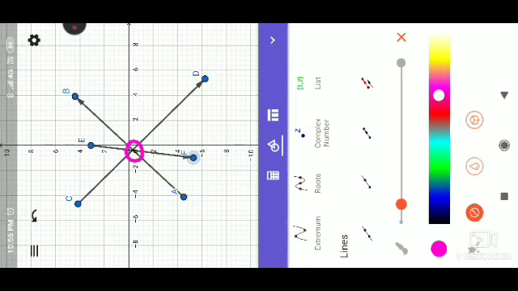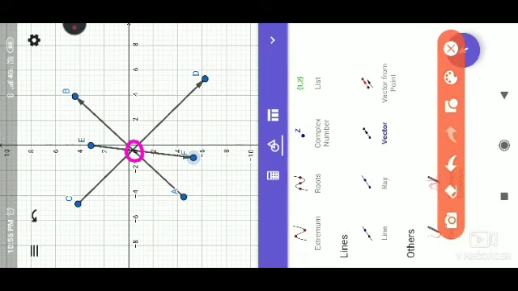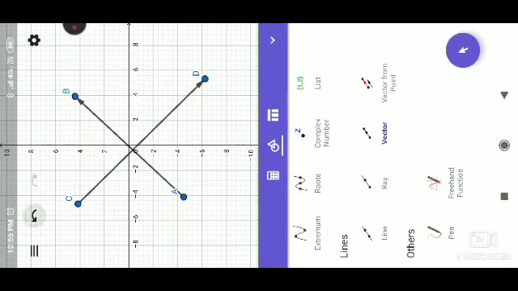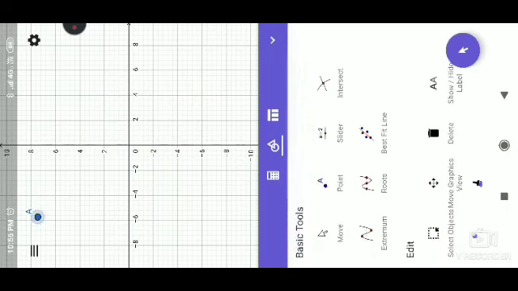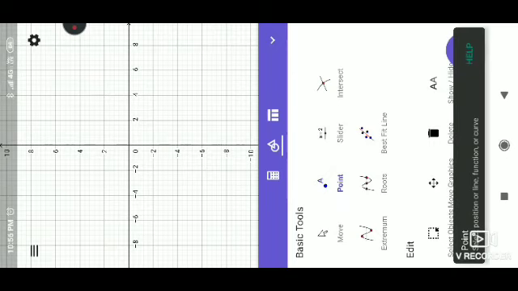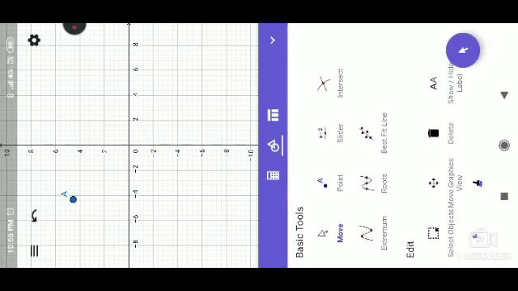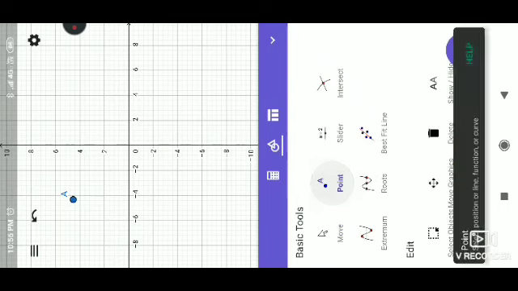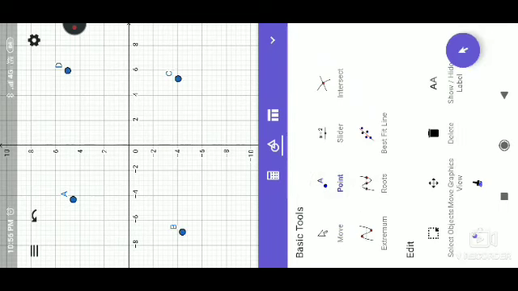Okay, now after that we have seen the plane, and collinear and non-collinear points. That also we will see in this. For that we have to choose the point option first. From here, suppose this is point A, here is point B, here is C, here is D, and if I take one more point here, that is E,